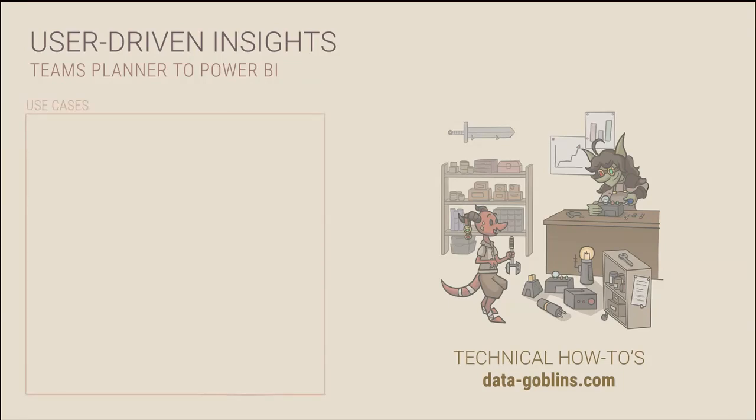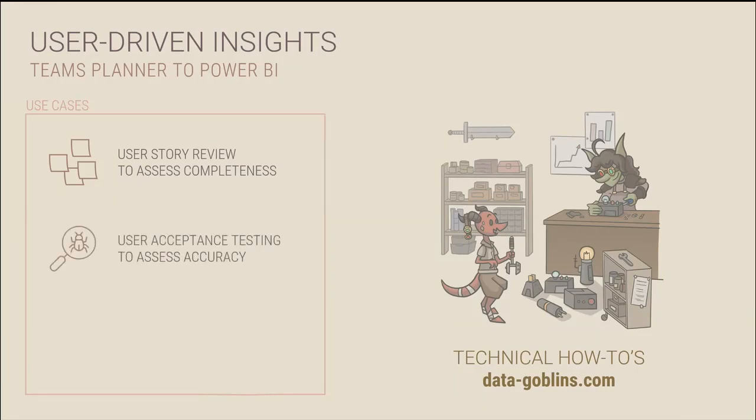So the first way that they're going to tackle this is they're going to look at completeness and accuracy. So Bing thinks she has a solution to address this in a pretty easy, user-oriented way. For completeness, what they're going to do is do a user story review in order to assess and quantify that. Next, they're going to reuse that same solution to do user acceptance testing in a really easy way, all contained through Teams. This is going to help them quantify processes, automate tasks, and continue user co-creation throughout the building and